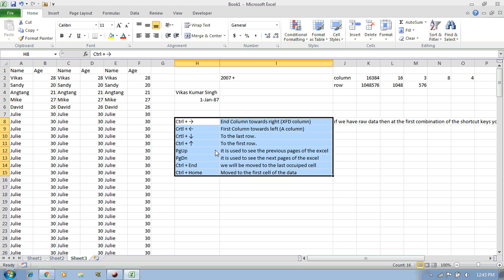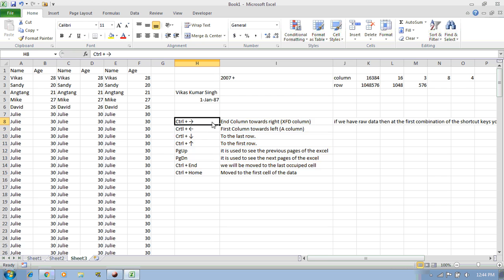Whenever you are working in Excel, these shortcuts will help you. And if you go to an interview, they may give you a test to solve, and you will find these shortcuts there in your test.